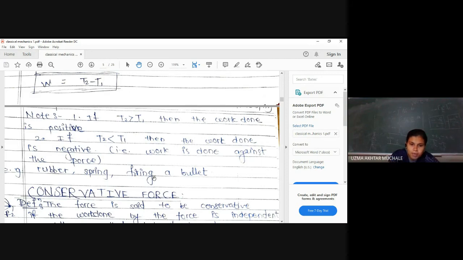So with the spring and some amount of force in the opposite direction, it goes very fast in the forward direction. Correct? So in these examples, the work done is negative. That means whatever force we are applying is in the opposite direction, because rubber and spring are in their original position and we are applying the force in the opposite direction, and hence we say that the work done is negative in these examples.